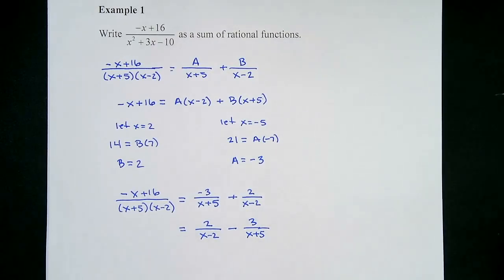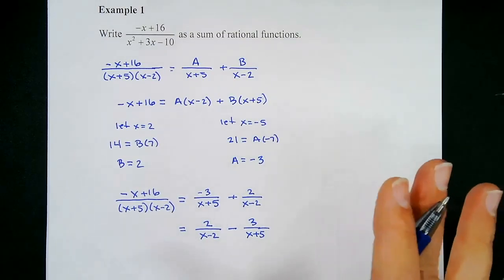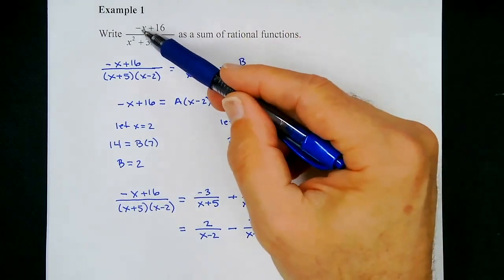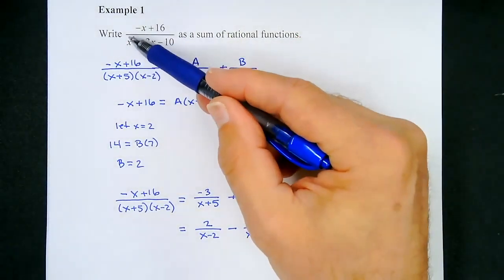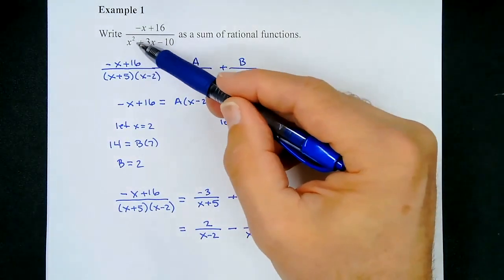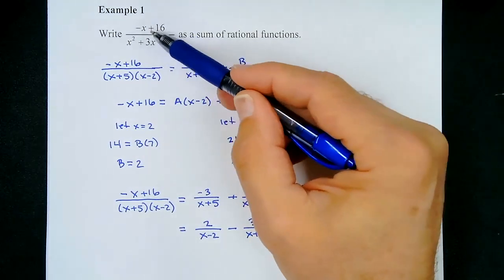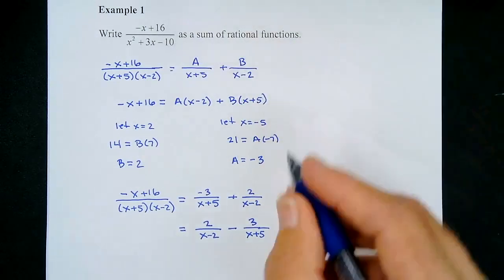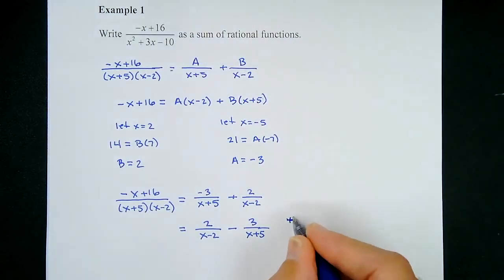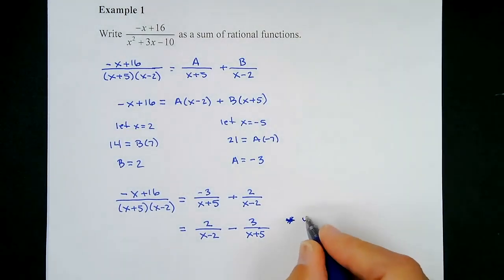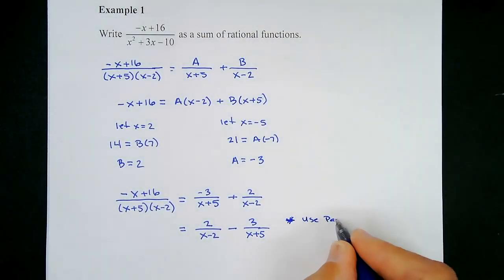All right. Now, one big thing: we don't want to always use this when we see a fraction. We want to do this because notice what we started with. We started with a power, or what's called the degree of the polynomial. The degree in the denominator was higher than the degree in the numerator. And that's when we want to use partial fraction decomposition. So let me put a little asterisk right here. We don't want to always use this. We want to use partial